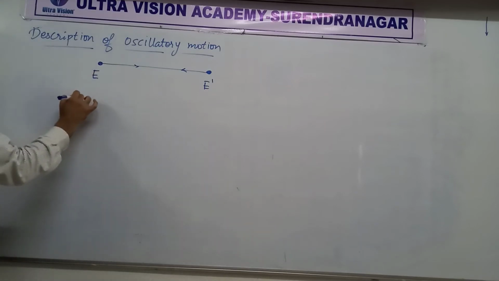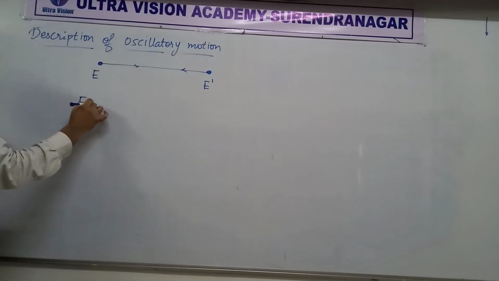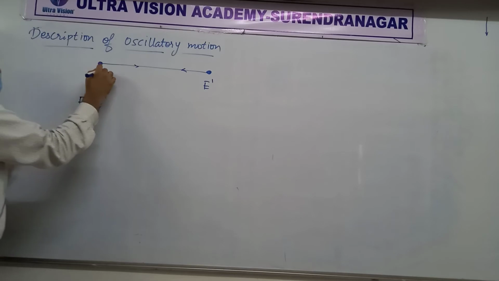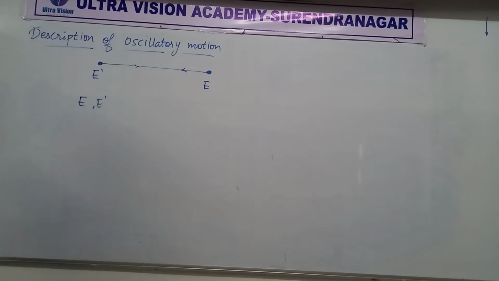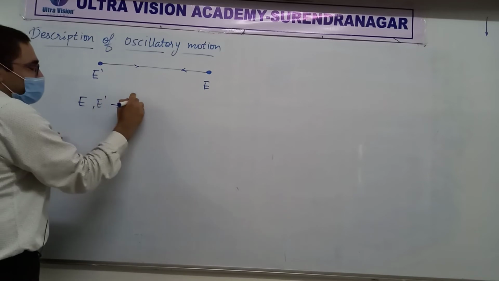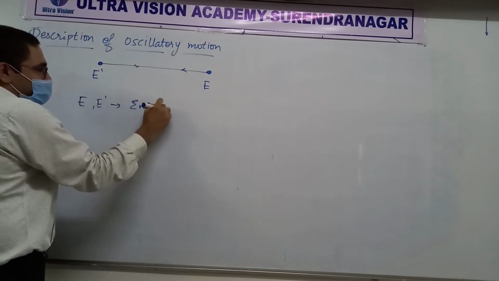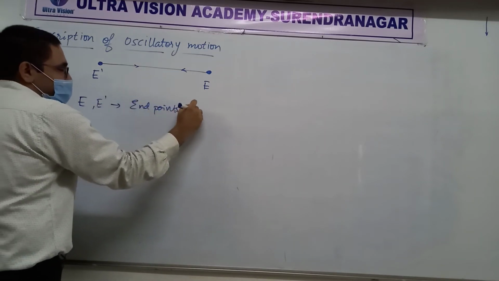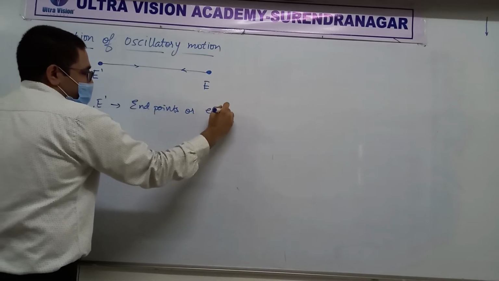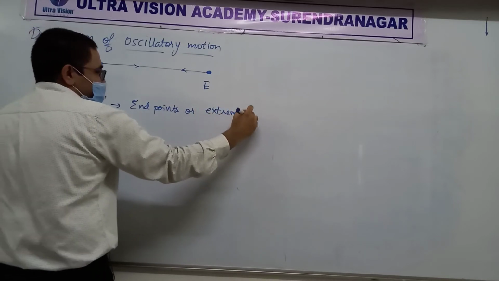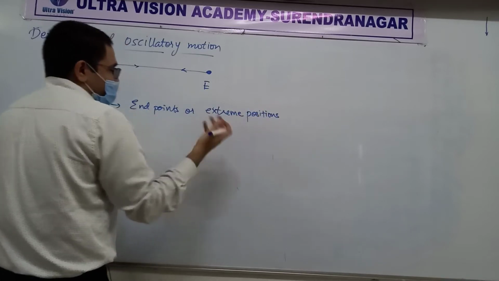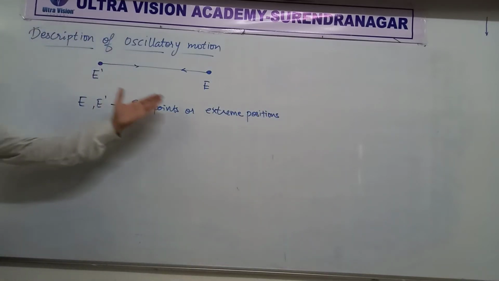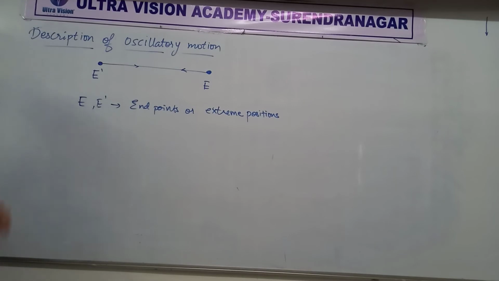Okay, so I am going to say that this is E and E dash. What do I mean? I am saying that this particle is going to oscillate between this and this and this and this. Okay, did you understand what I am saying? So why am I calling it E and E dash? You could call E dash here and E over there, okay, it doesn't really matter, right? These are just names. So E actually for end points or extremities, or extreme position. There are so many words for it, you can use either one. So E for extreme or end. Clear why I have chosen that symbol?